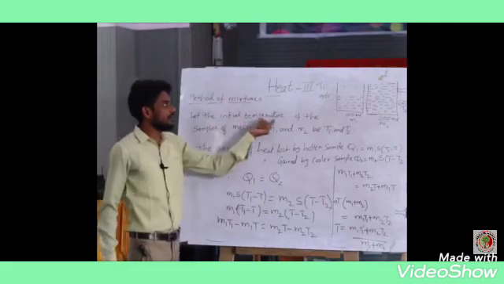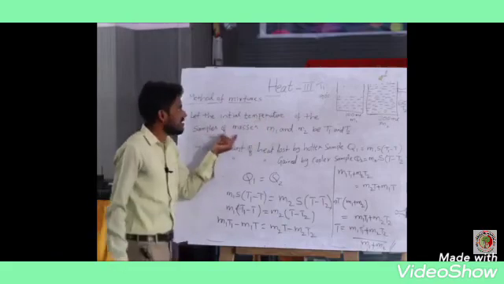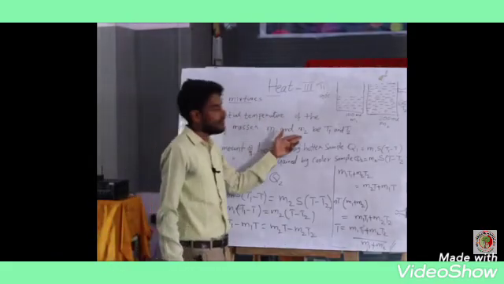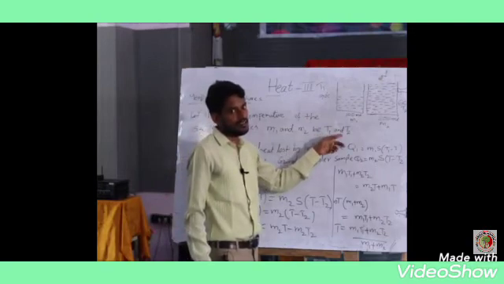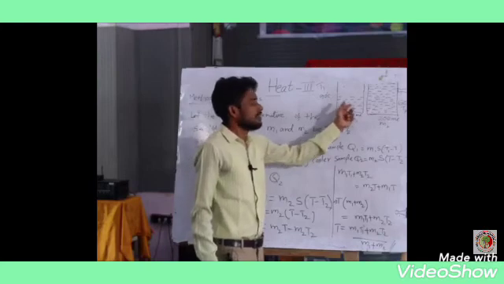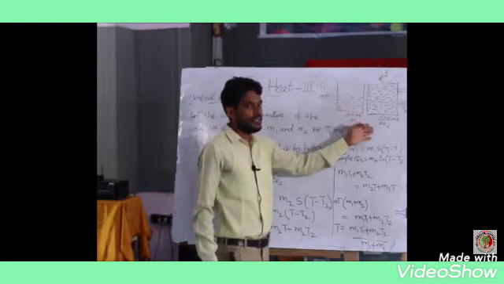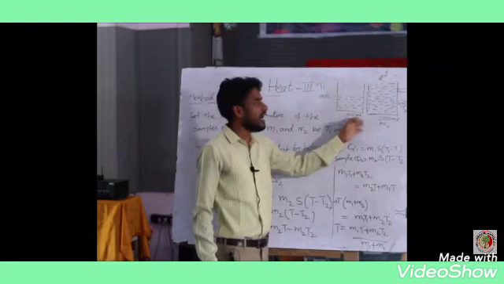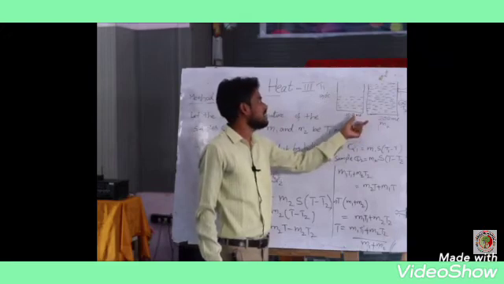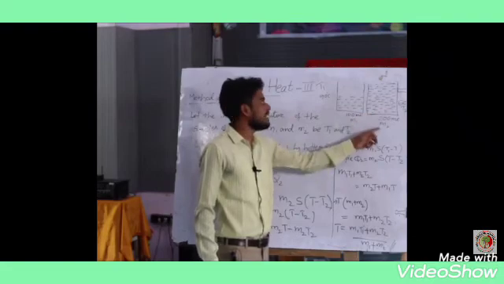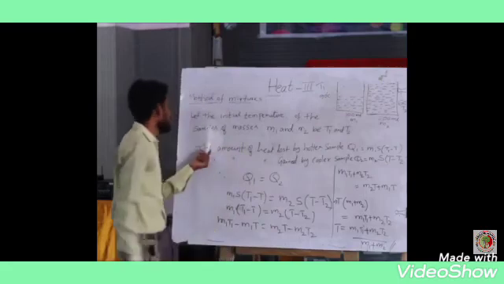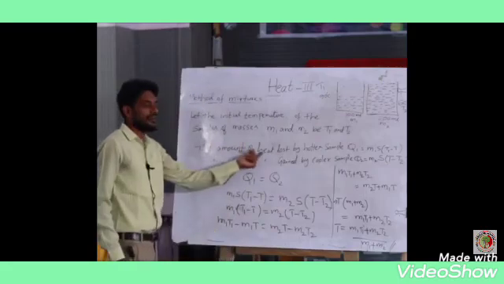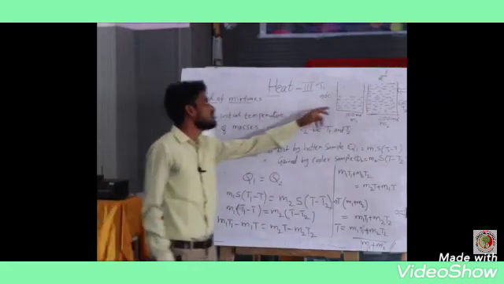Let the initial temperatures of the samples of masses M1 and M2 be T1 and T2. Here in our situation, we have taken two beakers of about 100 ml and 200 ml, masses M1 and M2, with temperatures T1 and T2. Now, the amount of heat after mixing these two